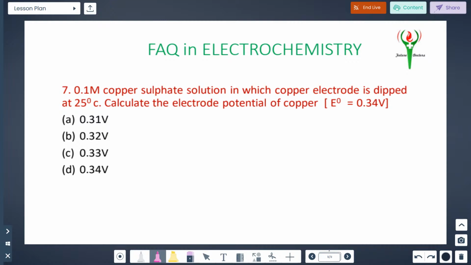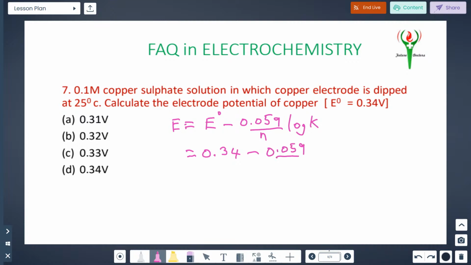That formula is E is equal to E0 minus 0.059 by n log K. This is a formula. Formula you just keep in mind, then it will be very easy to solve this. So a simple one. E0 is given. So what? 0.34 minus